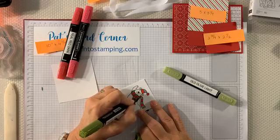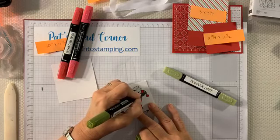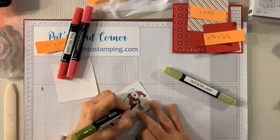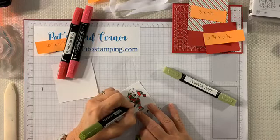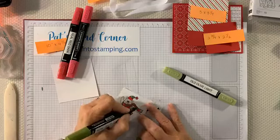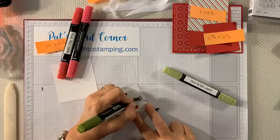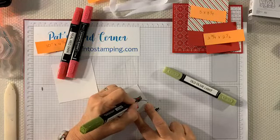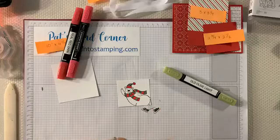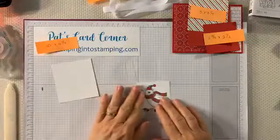These are kind of like painting with a little paintbrush almost. But it just goes really quick. And got one more down here. There we go. And it just gives him a little bit of color. Okay, so,